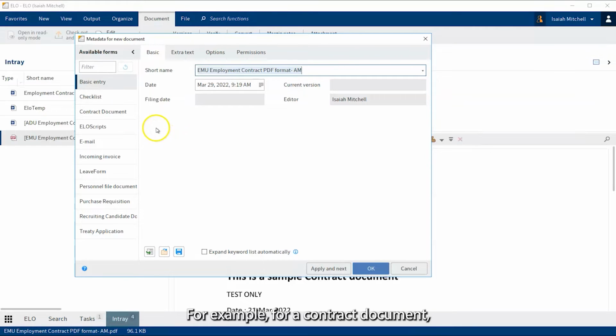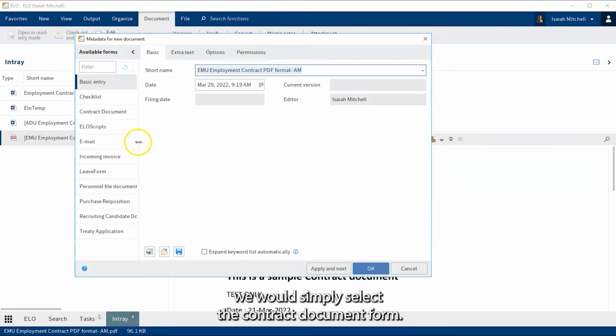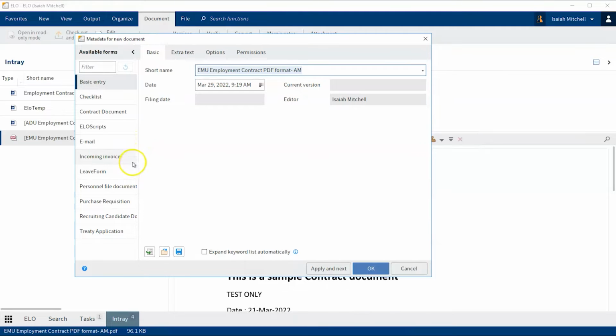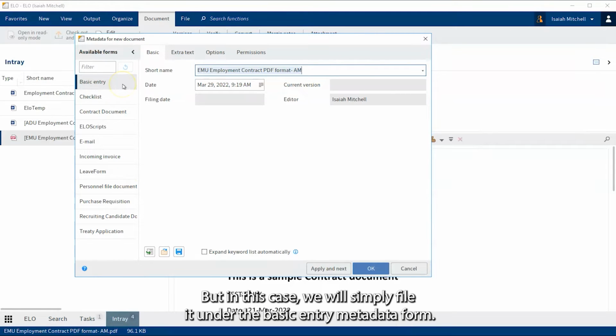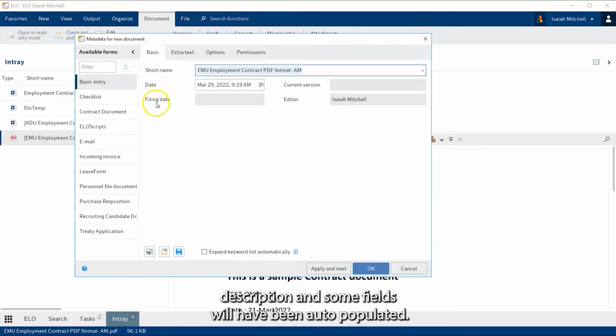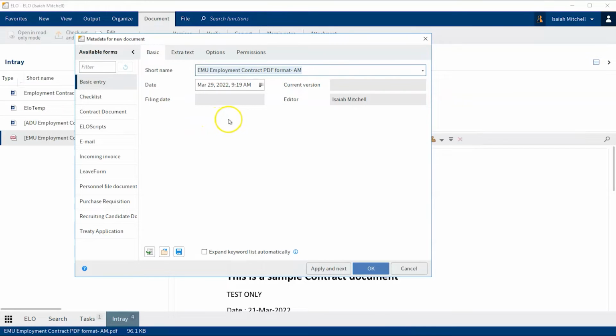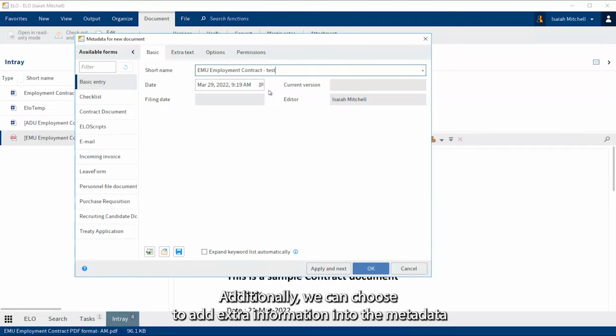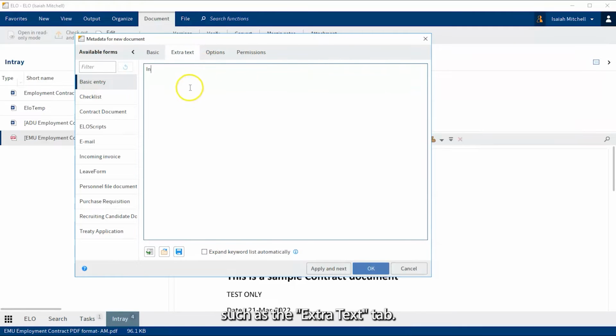For example, for a contract document, we would simply select the contract document form. But in this case, we will simply file it under the basic entry metadata form. By default, the file name will be the short name description, and some fields will have been auto-populated. The short name will be the document identifier when you view it in the repository. Additionally, we can choose to add extra information into the metadata, such as the Extra Text tab,